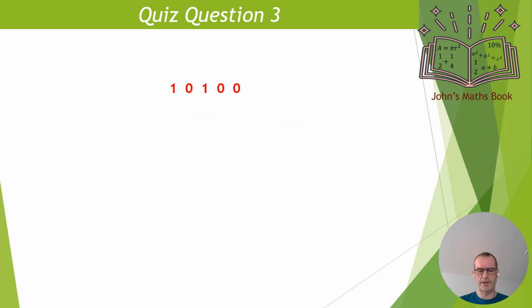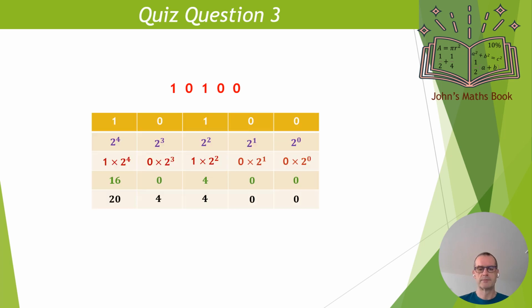So for quiz question 3, convert the binary number 10100 into a decimal. Pause the video now, see if you can work out the correct answer. So the answer we get is 20. So let's see how we got to 20. So again, we put the binary number into 5 columns,